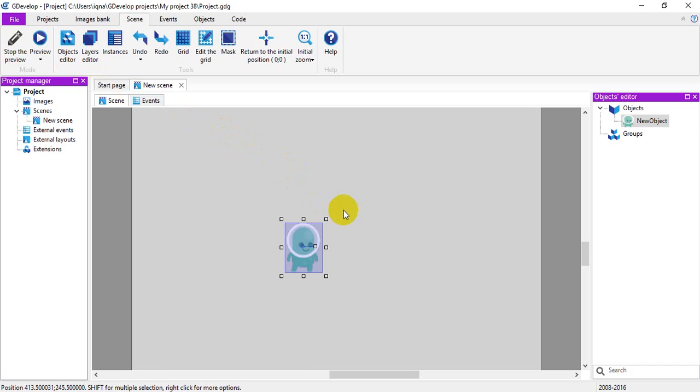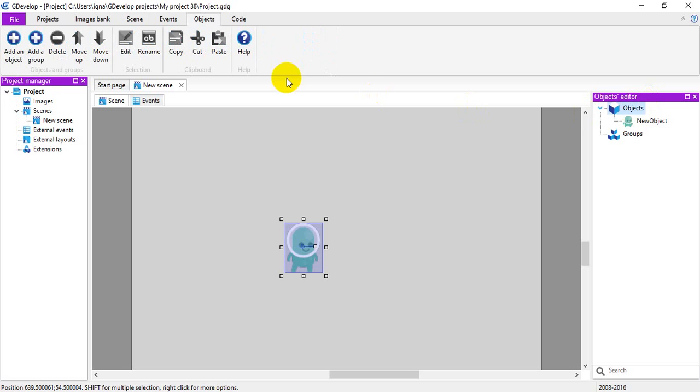Yes, on your scene editor you can add new or several objects by dragging from the object editor into the frame. If you click the object, you can edit it, rename, copy, cut, or paste.